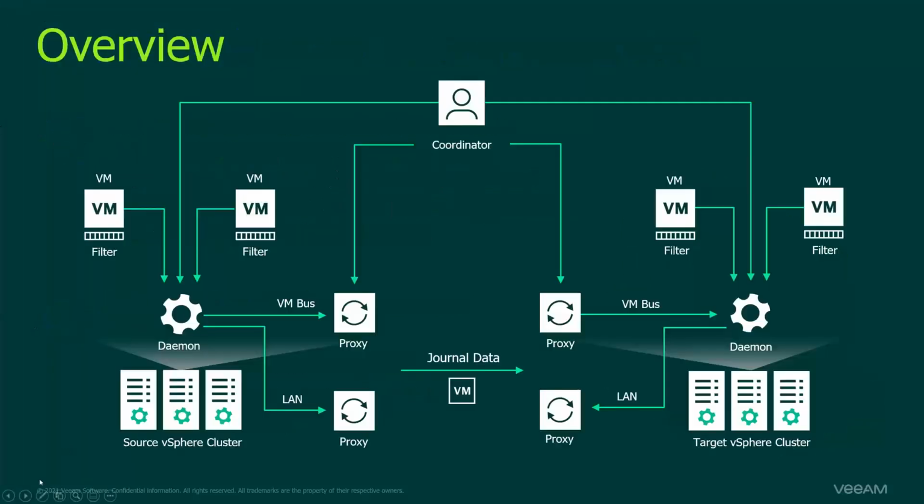So how does it actually work? From the architecture overview, at the top of it, to get started, first you need to install CDP filters on your vSphere clusters. So basically go to the properties of your vCenters. There is an additional step to it called CDP filters. And together with filters, which are installed directly on the virtual machines which are getting processed, there is a daemon, basically a service, running on each ESXi host, which is